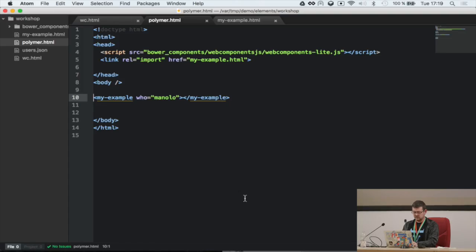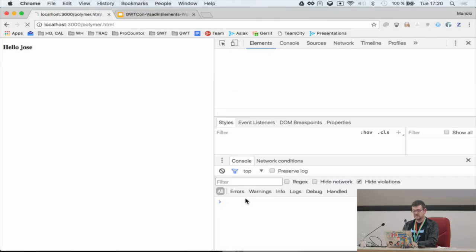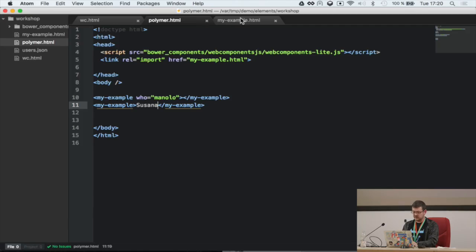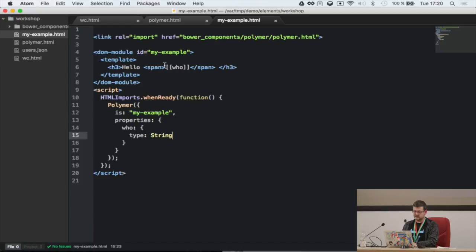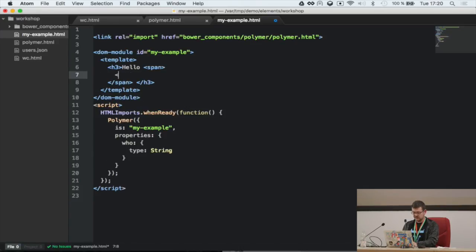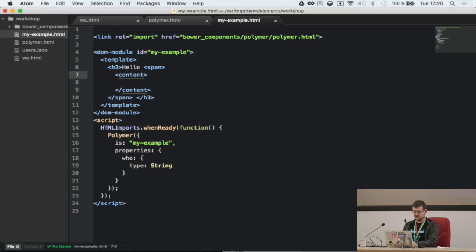But also I wanted to do something like I did, which is I want to use the content in my tag is Susana, and I want it working. So the only thing that you have is to get the content here in the declarative language. So here I can put something like content. This is something that is going to change as well in the specification, but right now you have to use content. It's not a polymer,